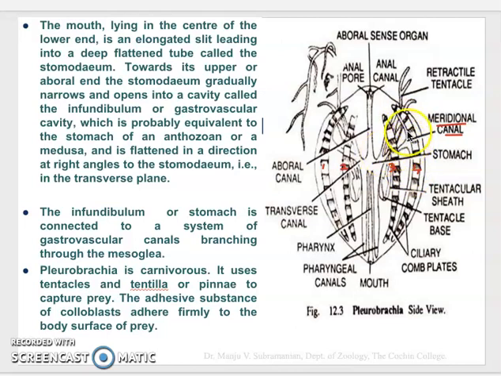So this transverse canal divides to form a meridional canal and a tentacular canal. This meridional canal lies close to the comb plate. So that is the gastrovascular system seen in this Pleurobrachia. They are carnivores, feeding on all the small pelagic animals, and the food capture and ingestion are managed by these tentacles, and the digestion occurs in this stomodeum. The products of digestion are distributed all over the body by the circulating fluid of these gastrovascular canals, and the undigested residues are thrown